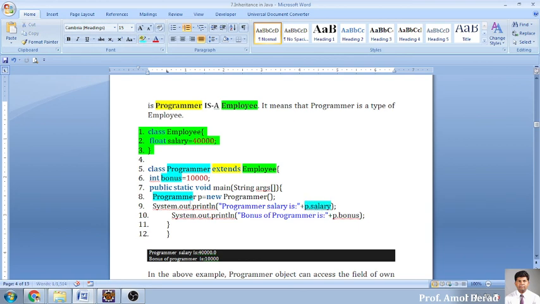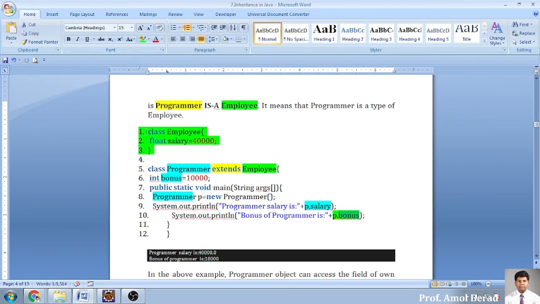And the second important thing is that I am inheriting the features of employee, meaning we can take its salary from here too. Bonus is of the class itself, but the salary of the upper class we will use by using the same object P. No need to create an object of the class employee, because this class is already inherited into this one. So P dot salary will automatically fetch the value from the parent class variable.